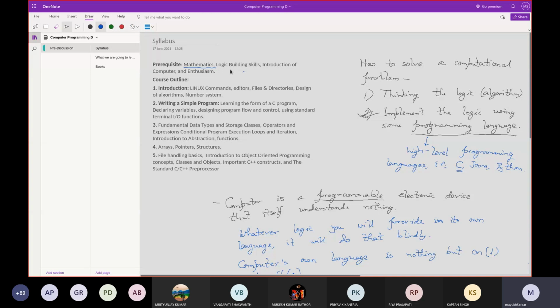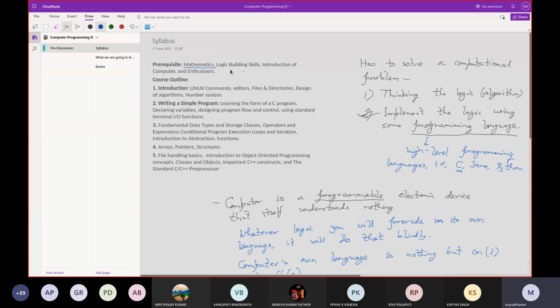You first think out the logic, that this is the way that you are going to solve that particular problem, and then you take a pen and paper and you implement those logics step by step. This is exactly the same in this scenario as well. You have to think the logic, and this time rather than converting into the language of mathematics, maybe the language of integration or differential equations or something else, you have to convert them into the language of the C programming language.